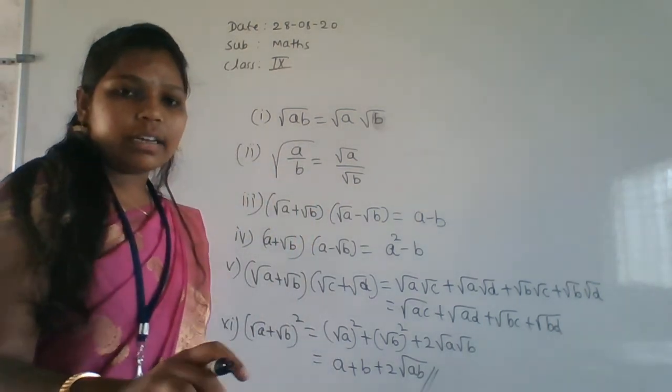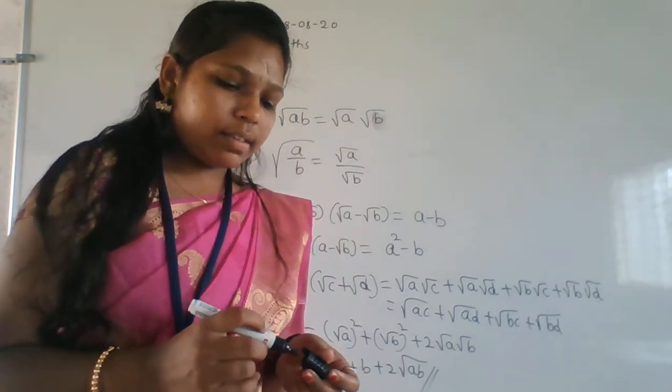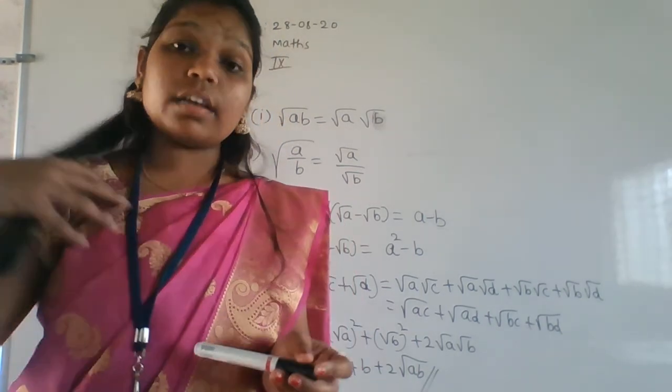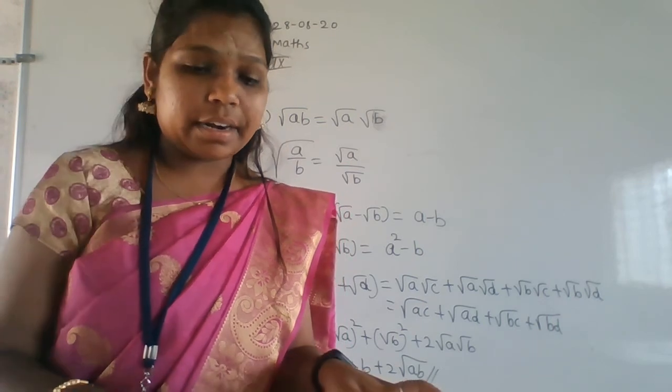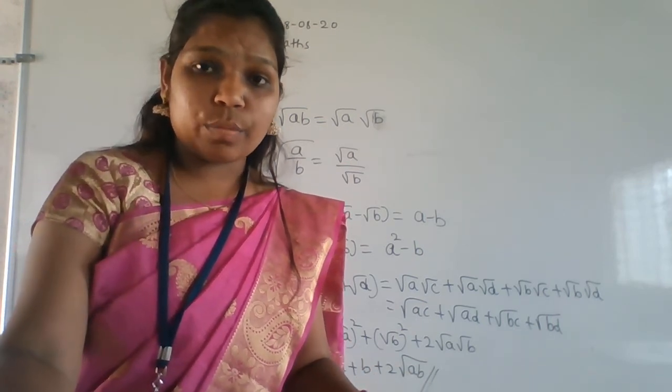So these are some formulas we have to remember. Okay. These are called identities. Please remember these and write this 2 times and root 2 5 times. That is homework for you.